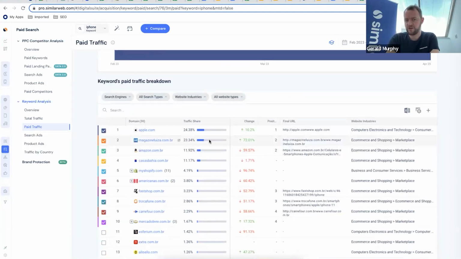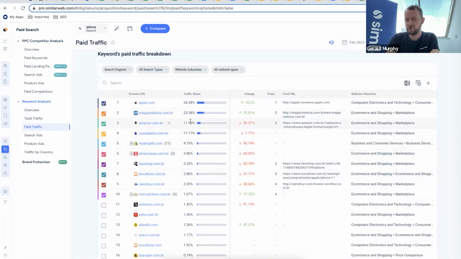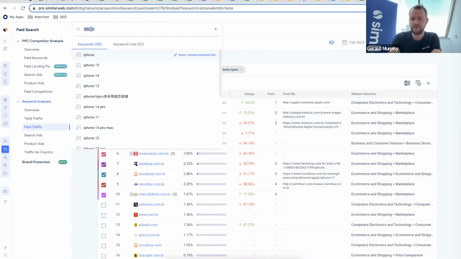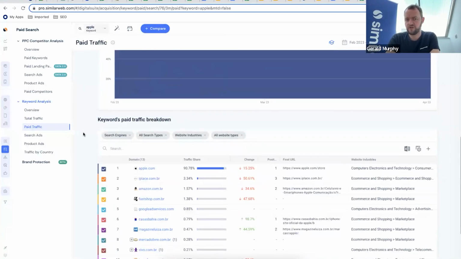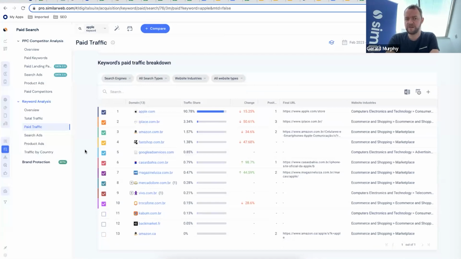And actually what you can now see and really break down is who's bidding and successfully driving traffic for any keyword. But actually, you can go and look, for example, at branded keywords like Apple and go and see, are there any opportunities for me to start testing my paid search budget? Maybe in one market, I'm going to do more or do less. As a result of that, does another domain get more or less traffic?